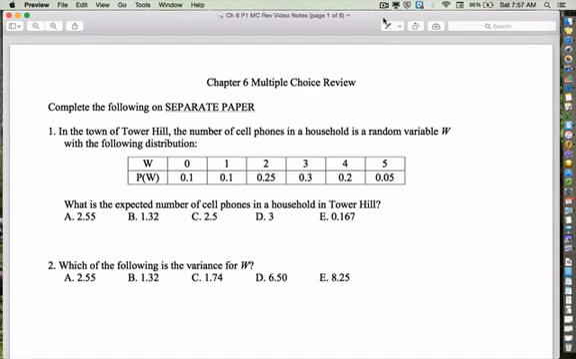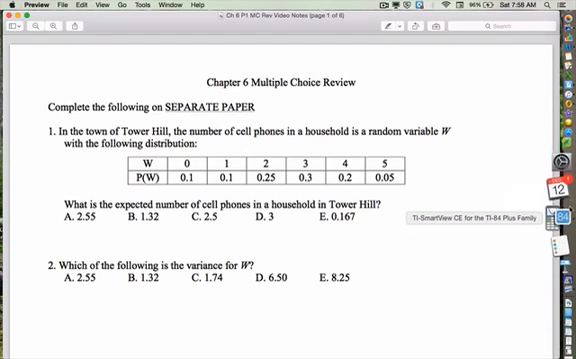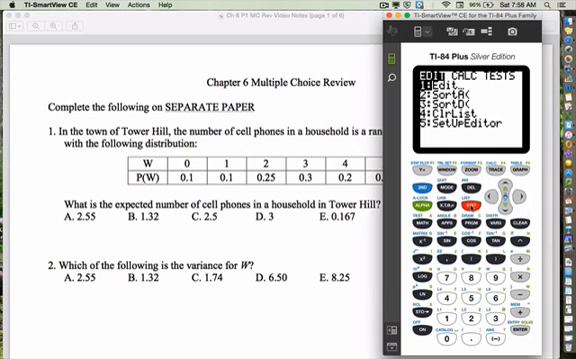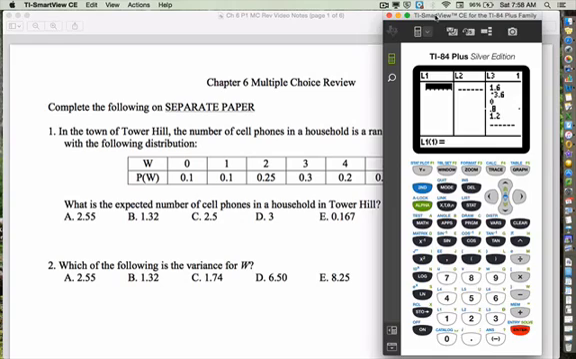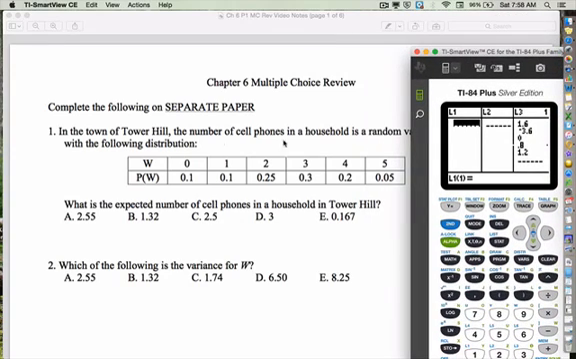All right, let's take a look at the Chapter 6 multiple choice review. And we're going to start with some calculator work because we want to find the expected number of cell phones in a household in Tower Hill. And we want the variance. And so for both of those, what we need is to go to stat edit, stat enter, and then we need to put in the W, the top row, into our calculator